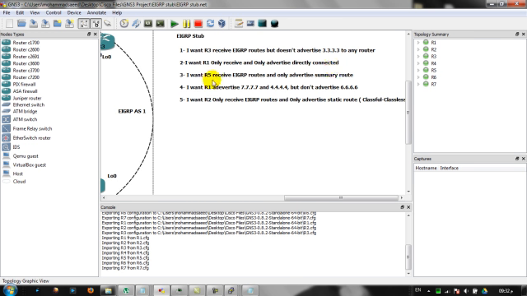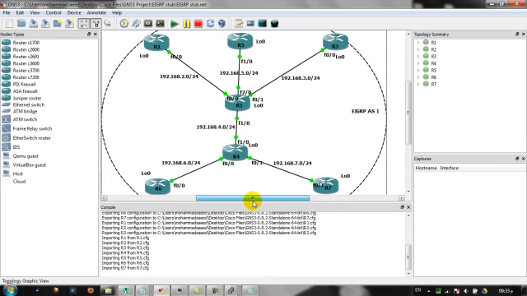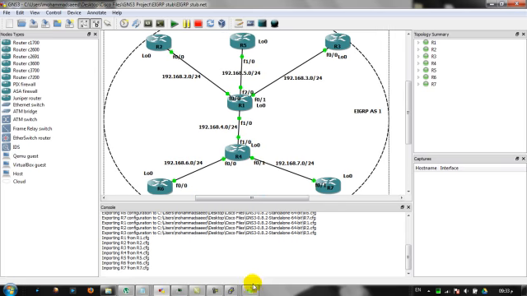And then we made router 5 receive and only advertise the summary route by EIGRP stub summary, and we made router 1 advertise 7.7.7.7 and 4.4.4.4 by the leak map. I used a leak map with stub connected, and finally I made router 2 only receive EIGRP and only advertise the static route. So that was everything in this video,